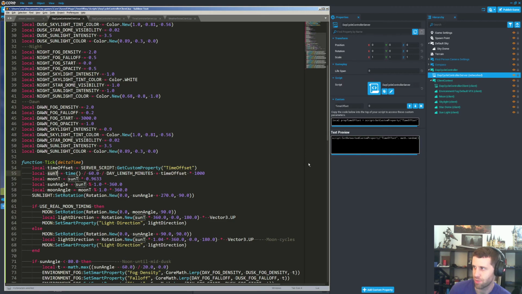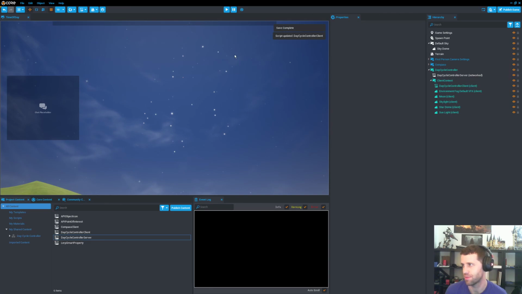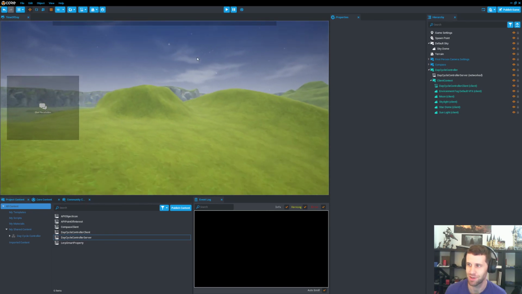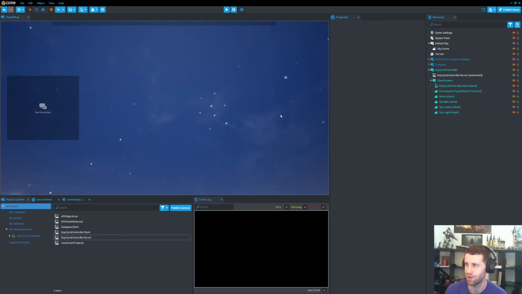And so when I hit play, if you're watching very carefully, the very first frame might come in here and do something different and then snap to something else, but that hopefully isn't too noticeable. And that would only be in single player preview. And then we just have random start times. That being said, this is hard to test in single player preview because, like I said before, time starts when the editor is open, not when